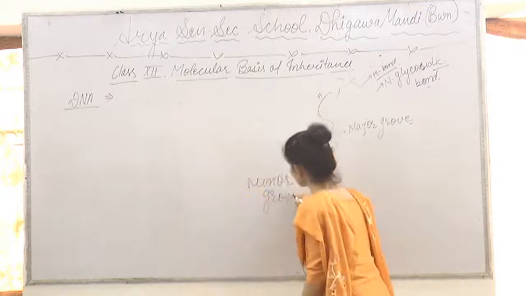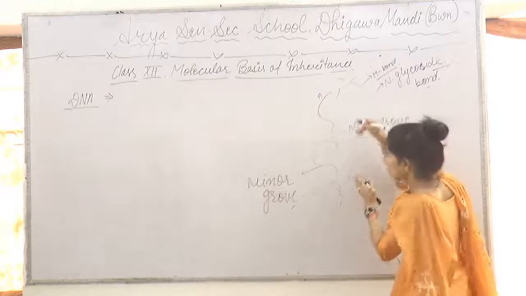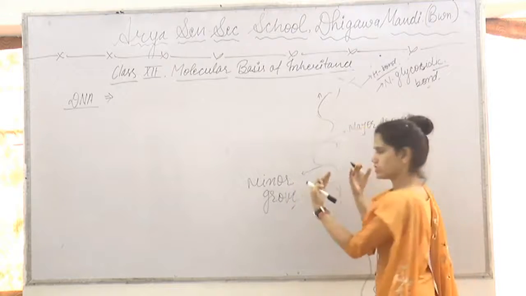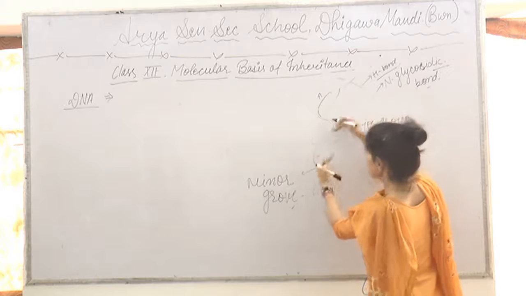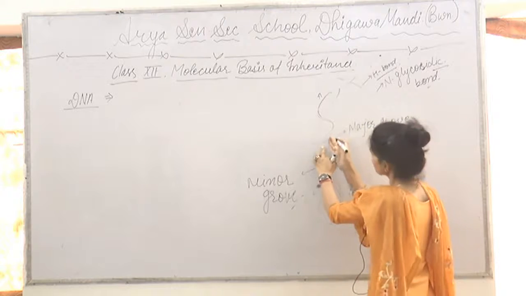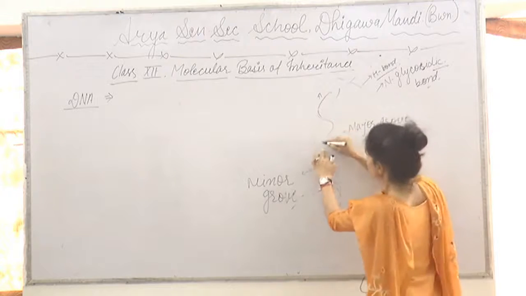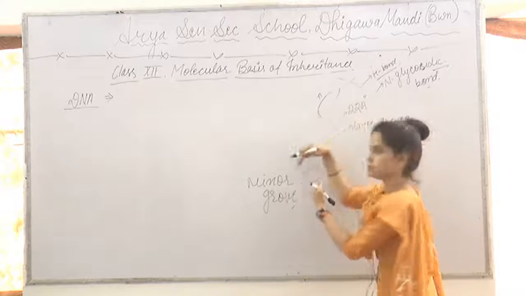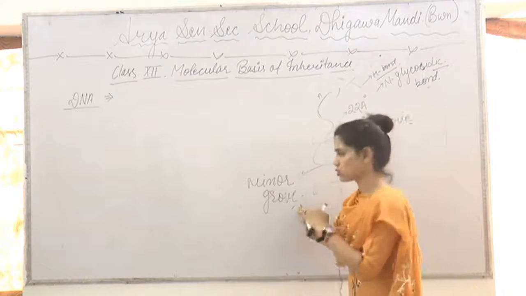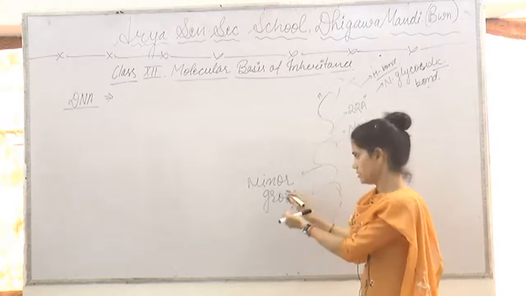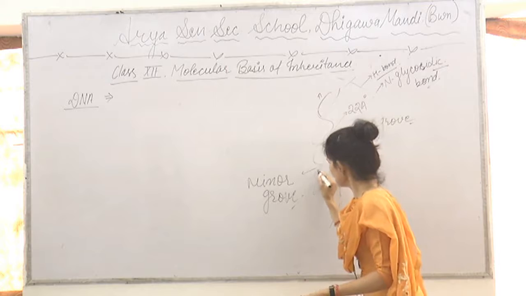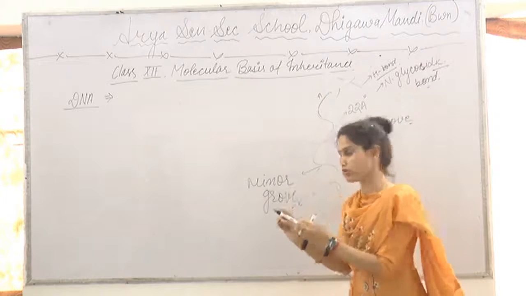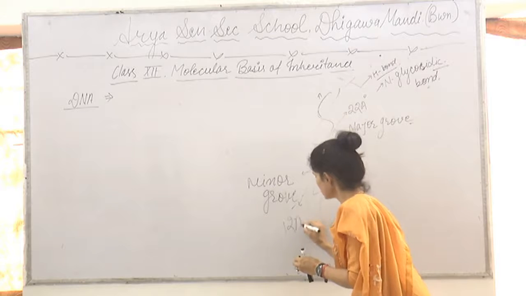So what is a major groove and minor groove? Major groove is deep inside and minor groove is not deep. This is so deep that when we look at its length, it goes approximately 22 angstrom deep. And this minor groove, as the name says, is minor. Minor means it runs only 12 angstrom deeply, 12 angstrom.